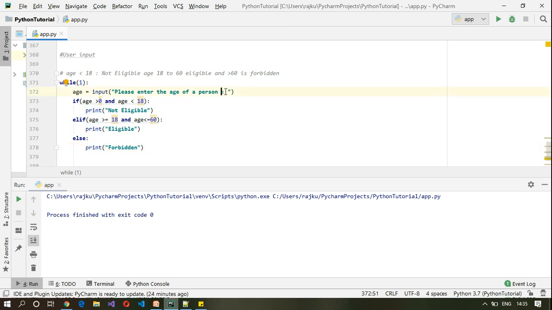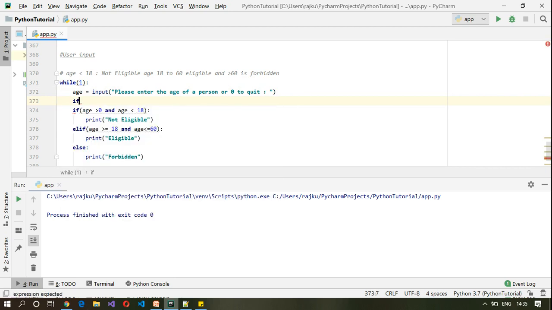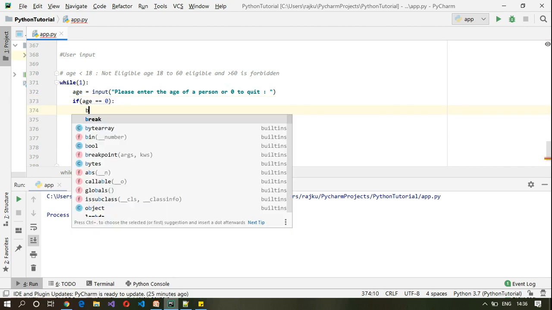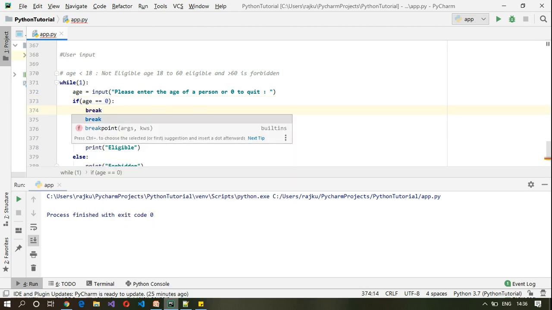Age of the person or 0 to quit. If age equals 0, then break out of this loop.